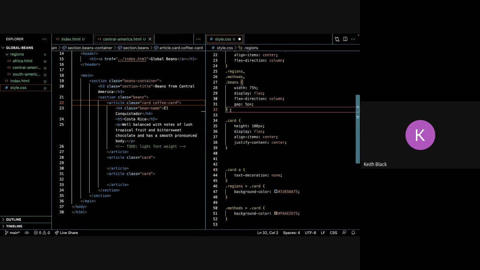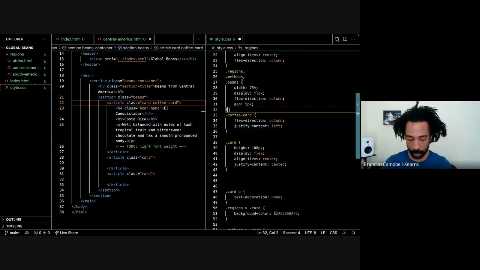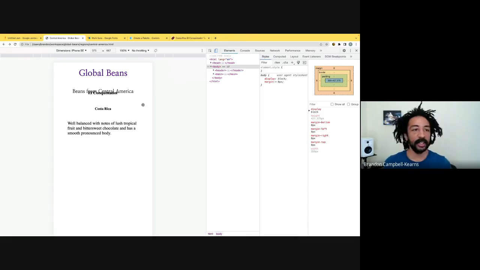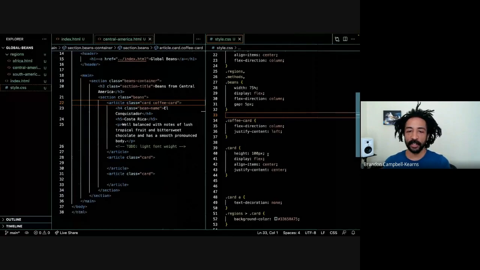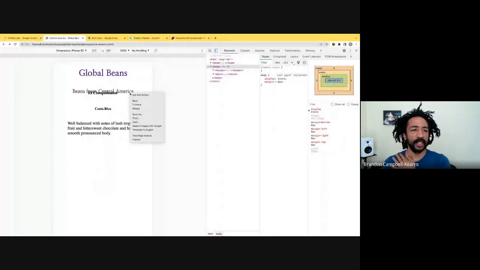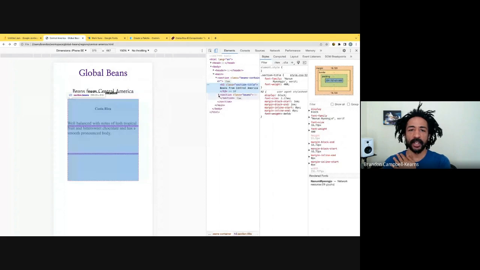No. Yeah, see, that's what I'm actually, maybe, let's see. I just changed the flex direction, so it shouldn't work. Let's see where we're at. Coffee card